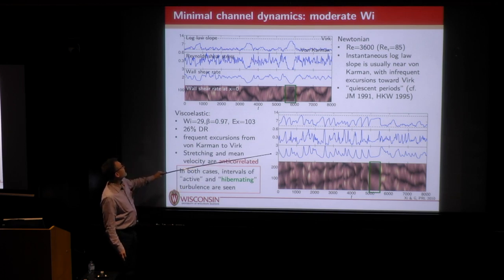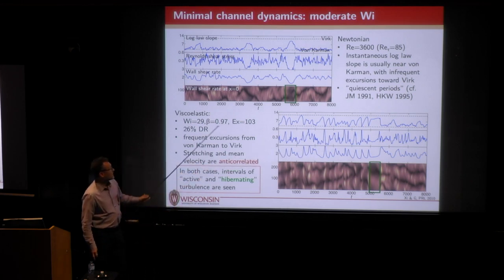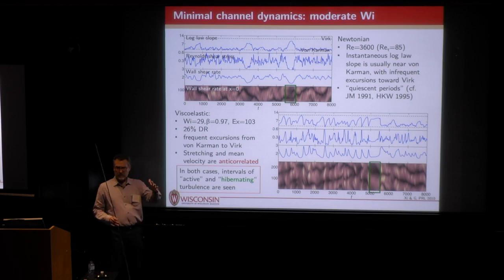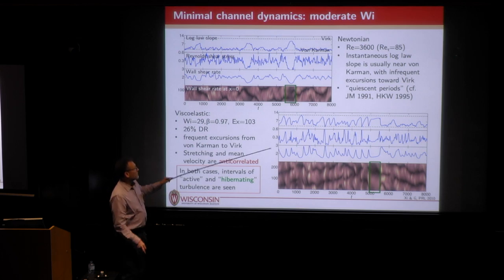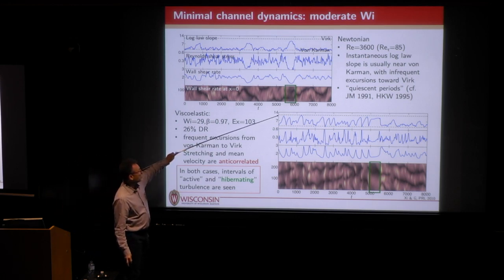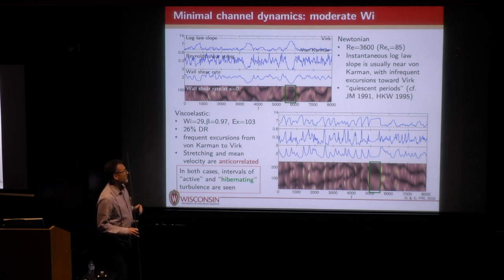If you look at this plot here, for example, this is the mean wall shear rate, and you see these very large fluctuations in it. Here, this is just some estimate of the slope in the logarithmic profile. These are very low Reynolds numbers, so don't take this too seriously. It's just a measure of what the velocity profile looks like. What's interesting is that it's popping back and forth between a low number that would be characteristic of the Newtonian log law and a much higher number that would be similar to the Virk MDR log law. So they have this sort of two-state behavior, this hopping back and forth.